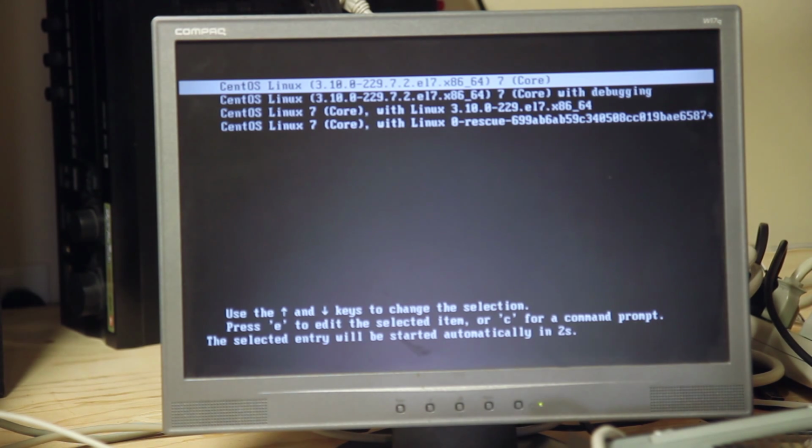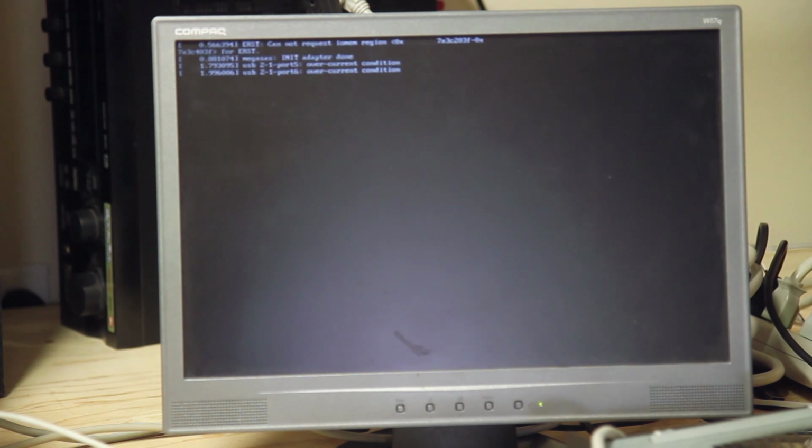So this is the OS. It's entering CentOS. I put CentOS on it. The main reason I'm using CentOS is because it's going to be supported for a really long time, which isn't true for most other Linux distros. CentOS 7, which is the one I'm using, is going to be supported until 2024, while the newest Ubuntu is only supported until 2018 or 2019, and Debian only gets supported for 3 years. I really don't want to upgrade these, because right now it's basically just an iSCSI drive. I don't want to have to update my iSCSI drive right now, so let me get logged in